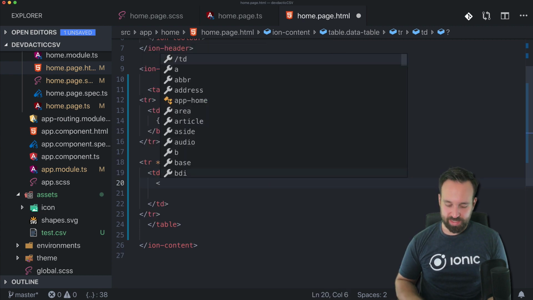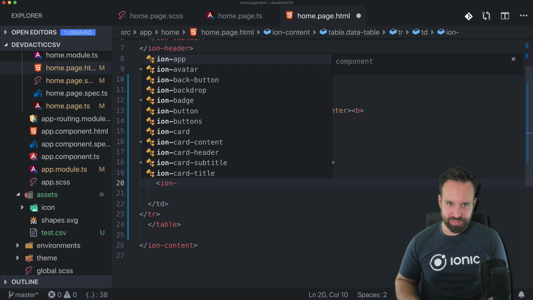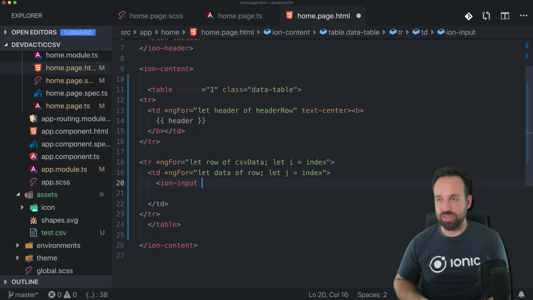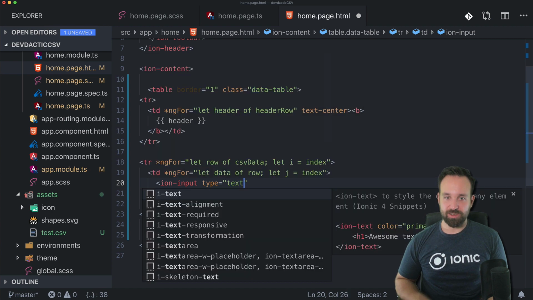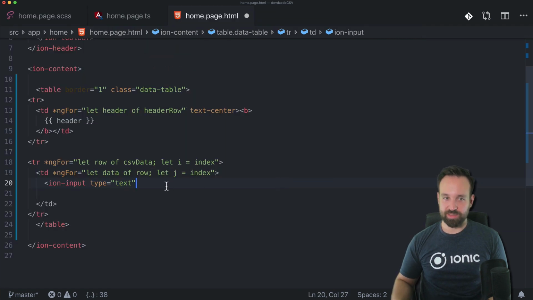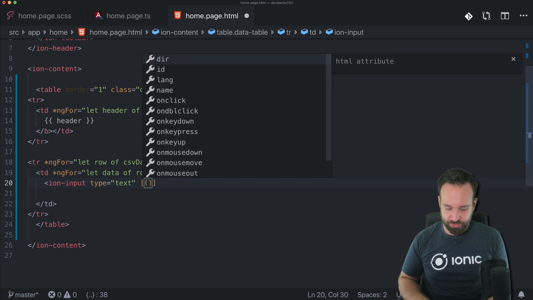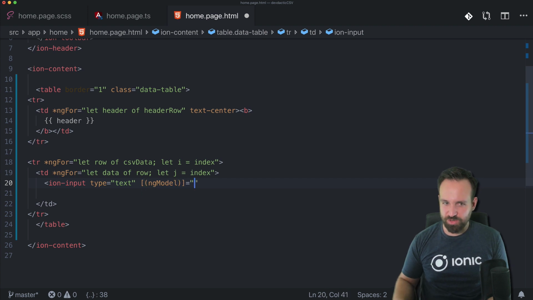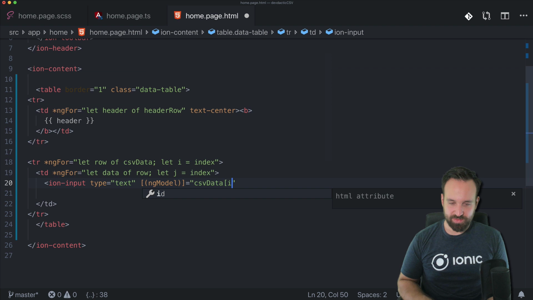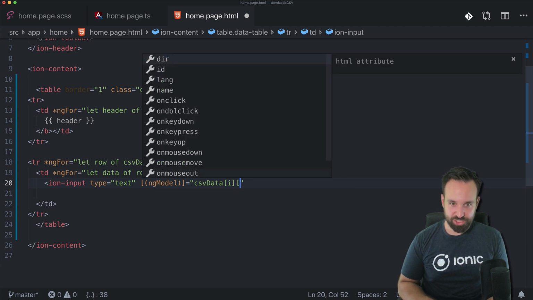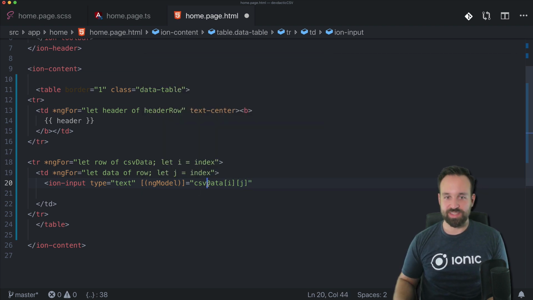So now we can just print it out, or we could use an ion-input, so we can then also change the data in our little table. And to actually change this so we can export it later, we have to connect it with an ngModel. I just had data in the ngModel in the beginning, but of course that is completely wrong. What you need to do is get the exact position in our array of CSV data,